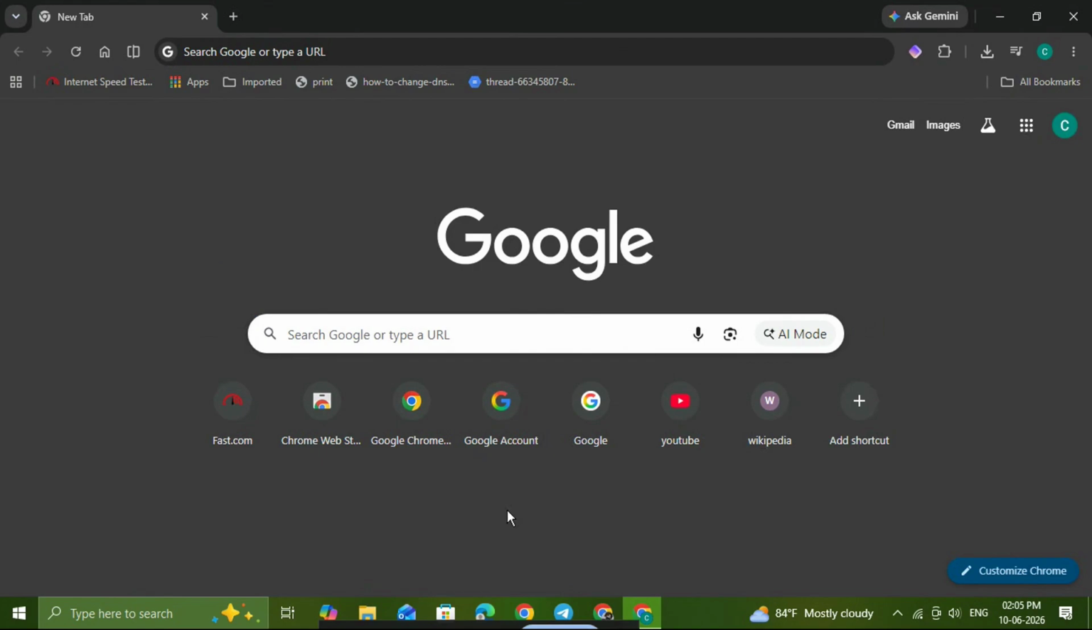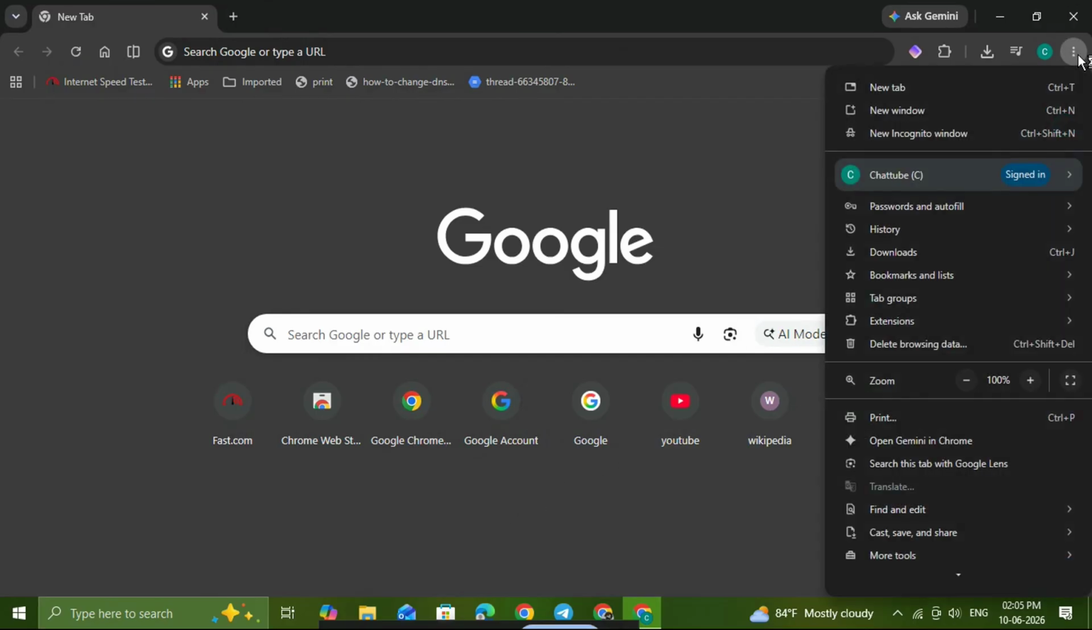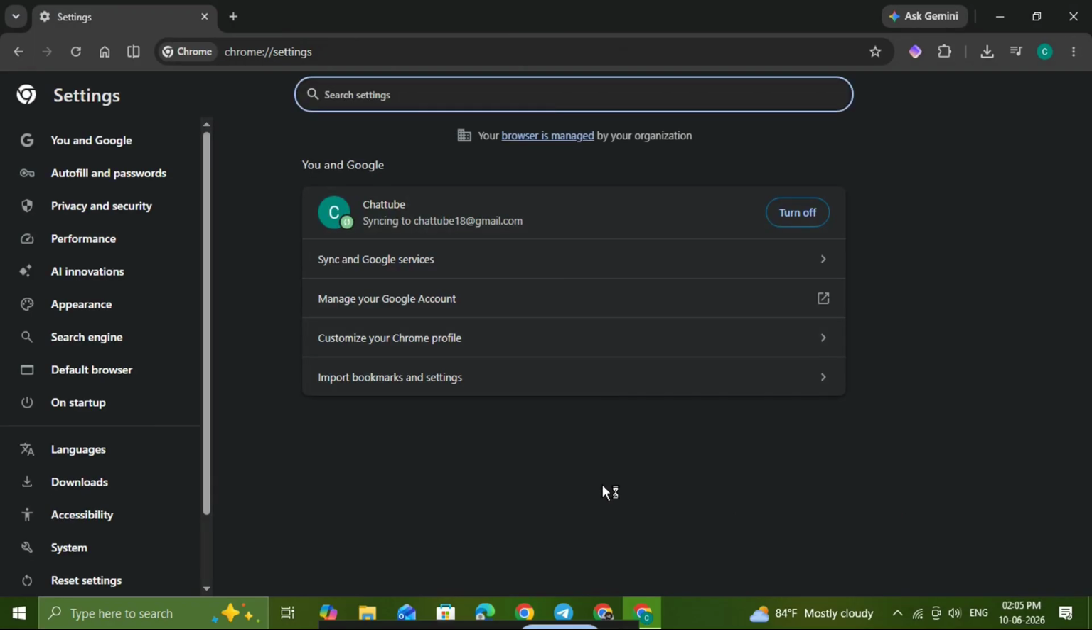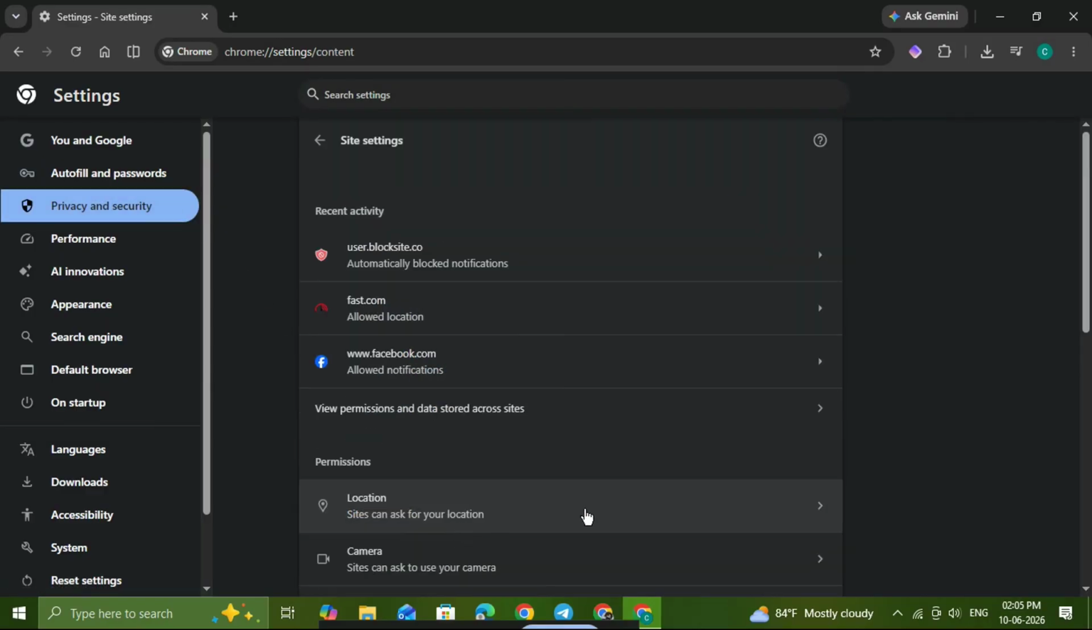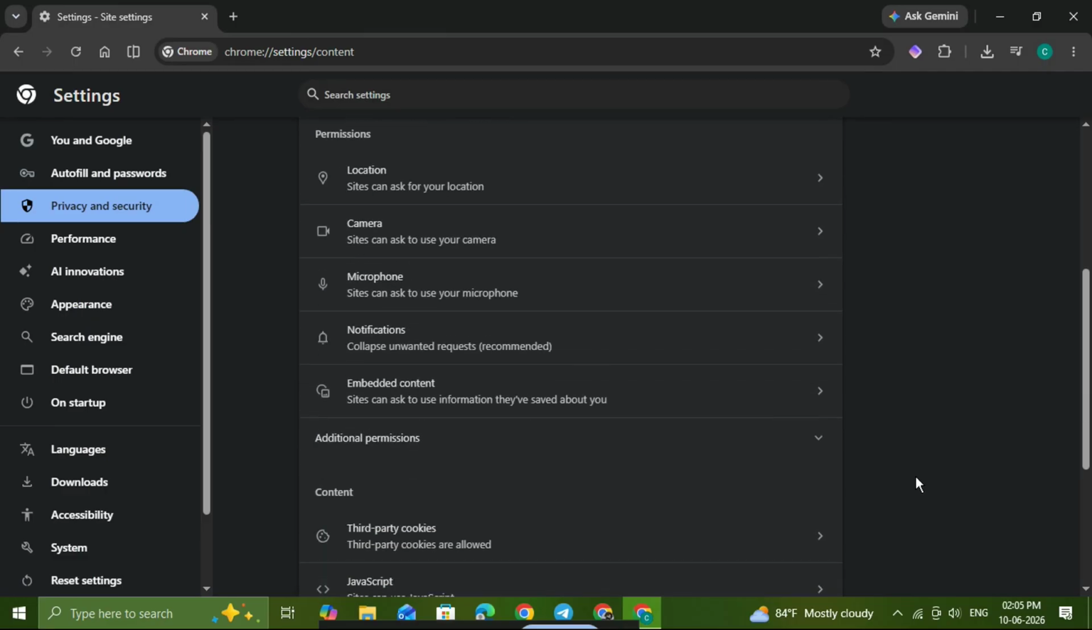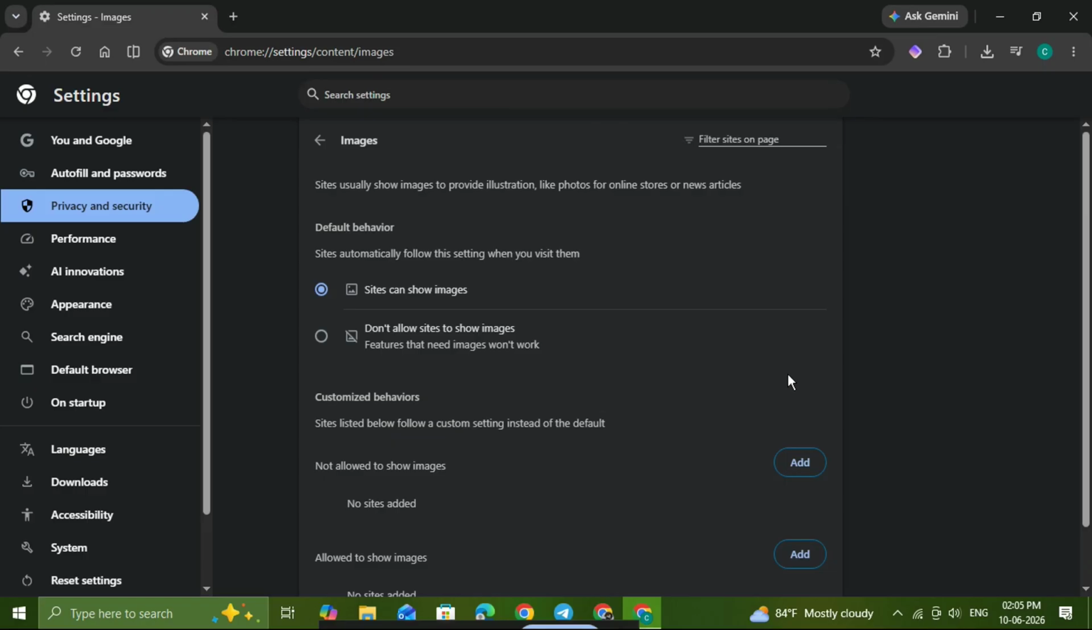Let's get started. The first thing you want to check is image permissions inside Chrome. This is the most common cause, especially if a privacy setting or extension accidentally blocked media content. To do this, click the three vertical dots in the top right corner of Chrome and open Settings. From there, click Privacy and Security on the left-hand menu, then select Site Settings. Now scroll down to the Content section and click Images. Here, look under Default Behavior and make sure the option Sites can show images is selected. If Chrome was set to block images, this one change can instantly fix the problem and allow pictures to load